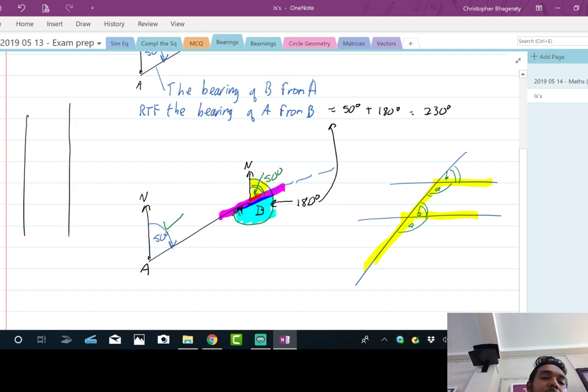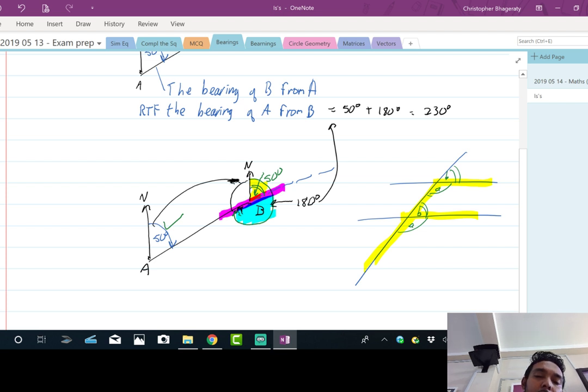F angles could also be, if we have a line going so, you have different ways to see it. Once again, you have your two parallel lines going like this, and you have your line crossing like that. So this angle here is equal to that angle there. All right. What about the angles in between? What about this angle here? Right, so these two angles here are what you call supplementary. They add up to 180.